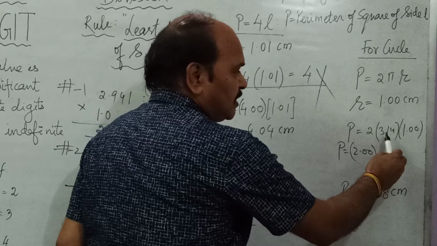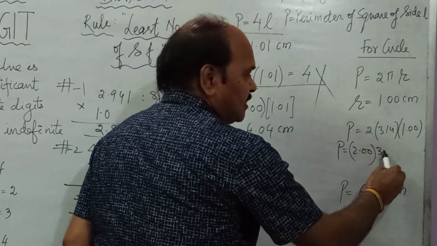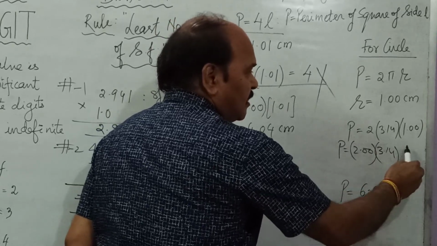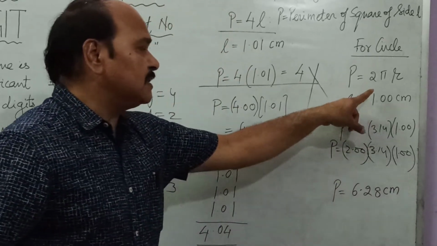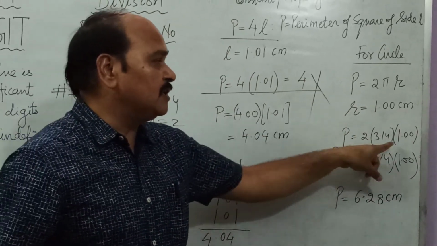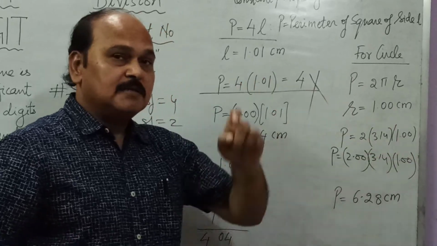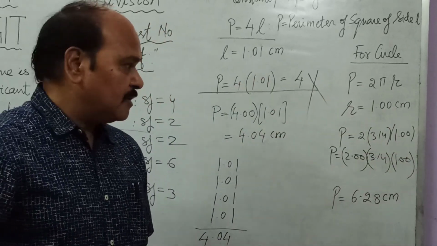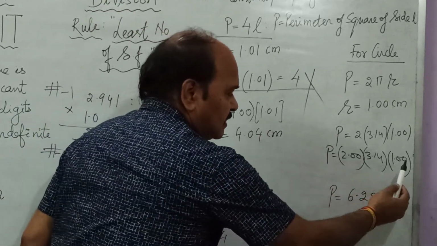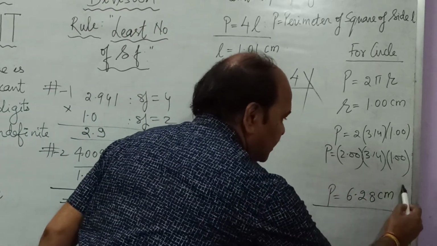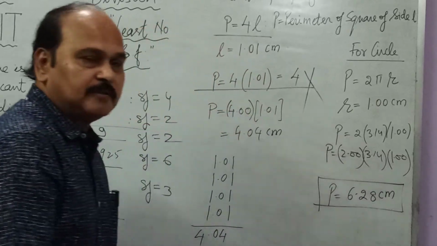And that has to be written in 3SF as 3.14. Why are we writing both these constants, both these pure numbers, in 3SF? Because the measured value they are being multiplied with has 3 significant figures. And if we work it out, what do we get as the answer? Well, 3, 3, 3, the answer in 3SF is 6.28 centimeter.